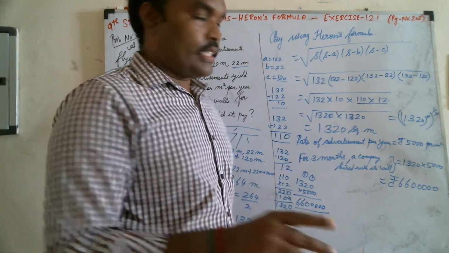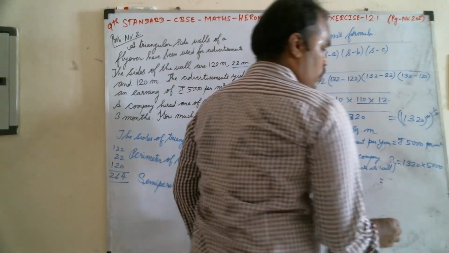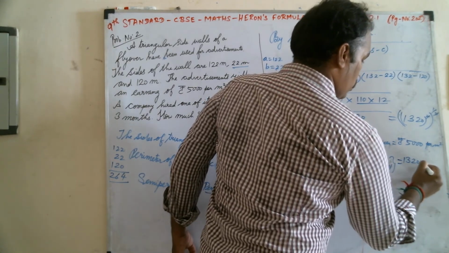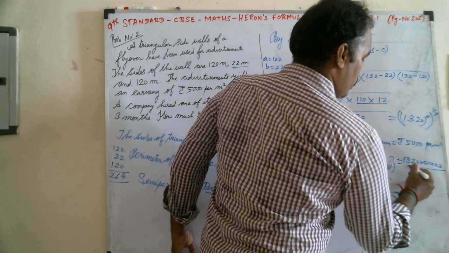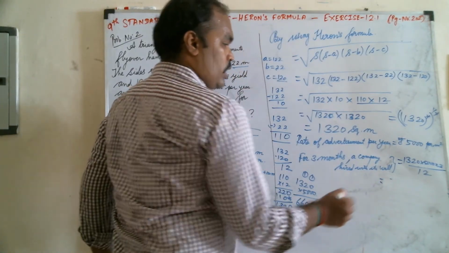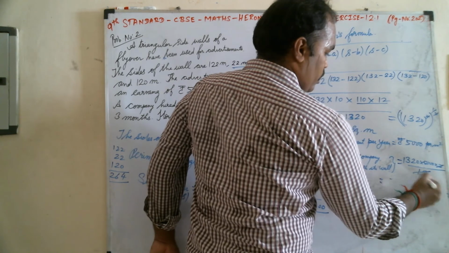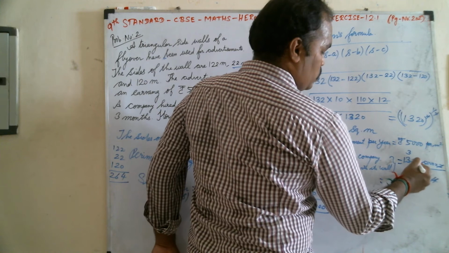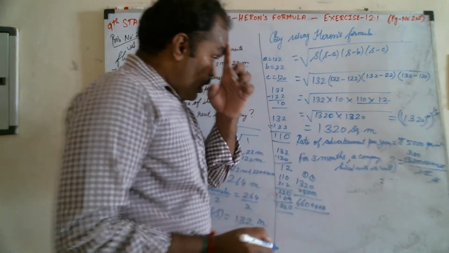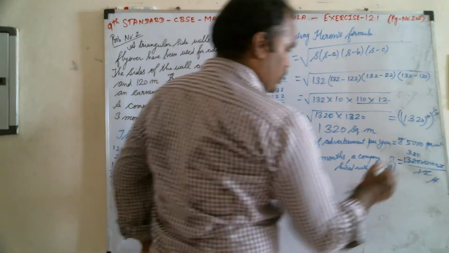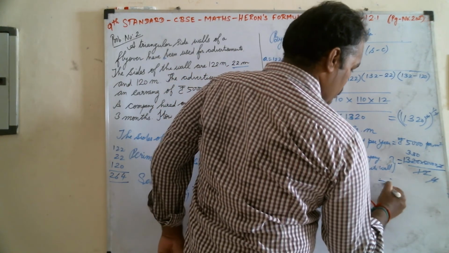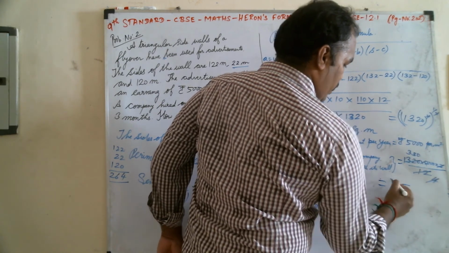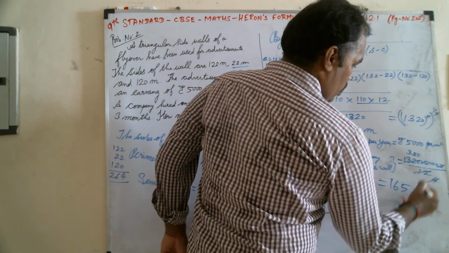So this much is the amount, but they are asking for 3 months alone. So for 3 months, how do we need to do it? It is 1320 into 5,000 into 3 by 12. How much will it come? 1 3 is 3. 4 3s are 12. 1 4 is 4. 3 4s are 12. So 330 into 5,000. 5 3s are 15, balance 1. 5 3s are 15, 15 plus 1, 16. So 4 zeros.